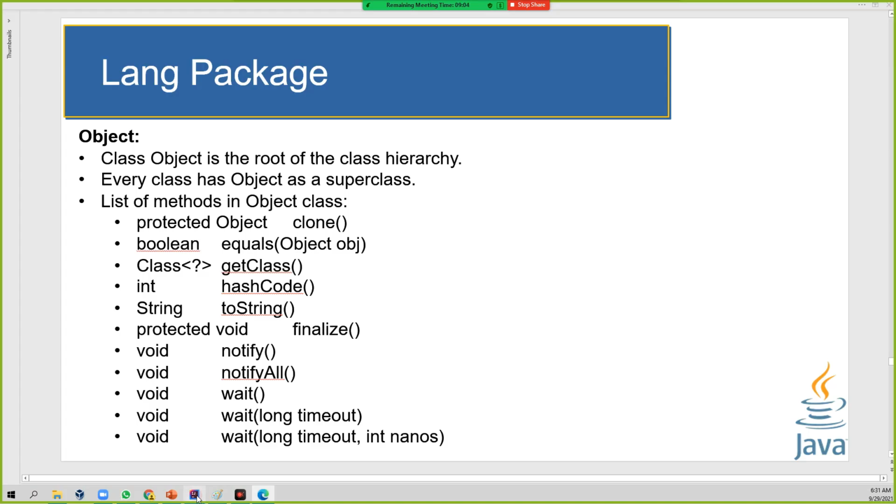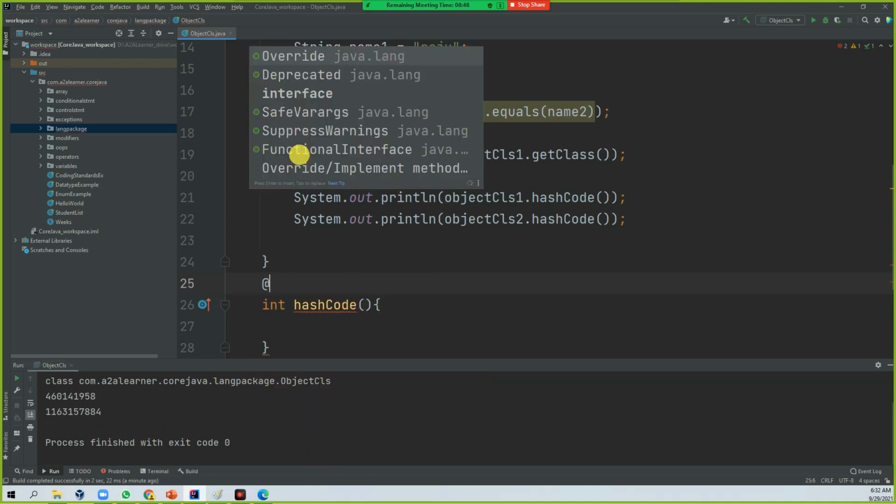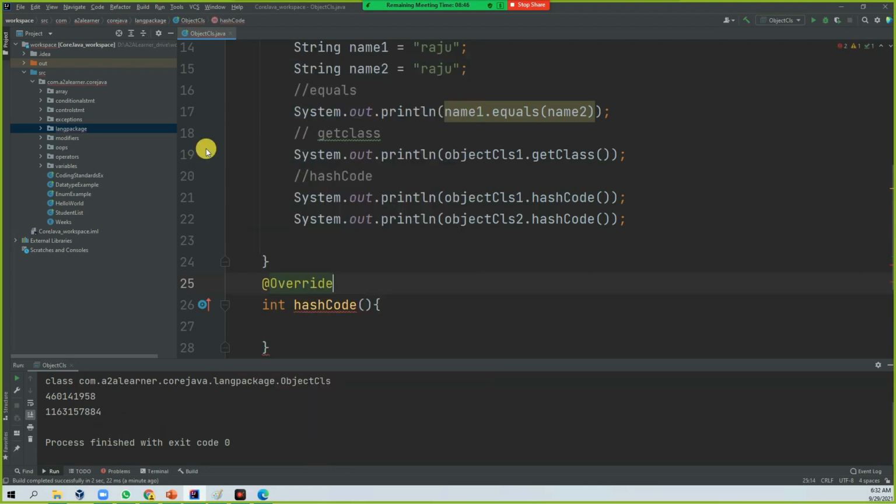If you want to do that overriding, copy the hashCode signature outside of the method and write @Override on top of it.